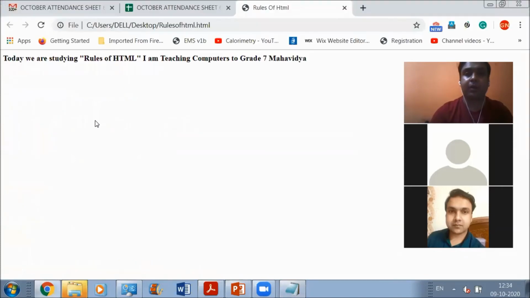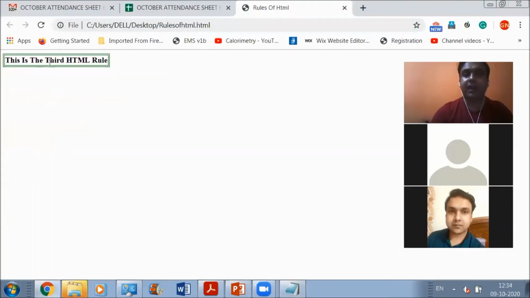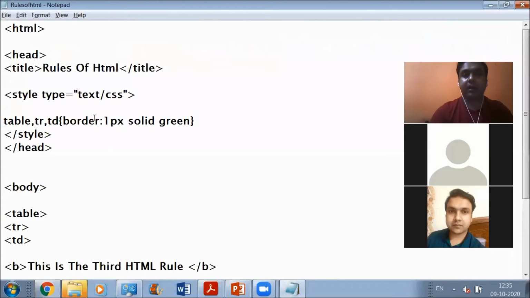Now let's see what is the output that we are going to get here. This is the kind of output that you are going to get on the web page. This is a table. This is the first row that you're seeing, and here we are able to see a solid border of green color too. Okay. Now my point here is, if you want to pass two different values for the same attribute, as we have done with this border attribute, you need to give a space in between these two values.